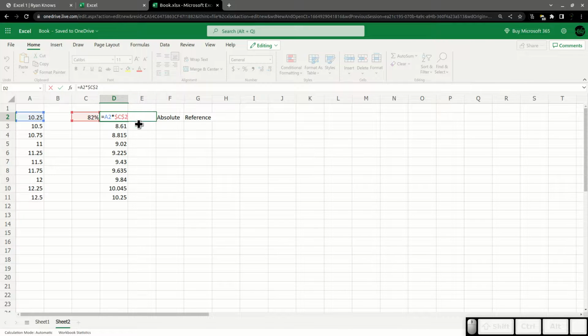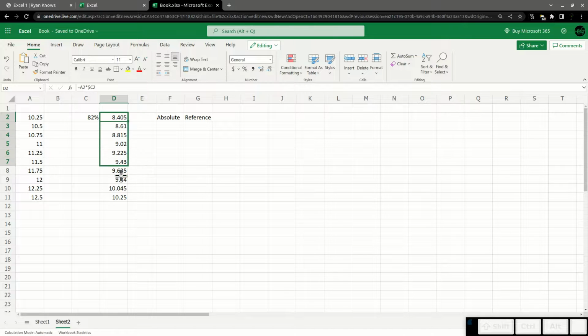So one thing I didn't spell out with this is we've actually locked this reference in 2 ways. That's why there are 2 dollar signs here. The dollar sign in front of the C tells Excel, don't change the column reference for this. And the dollar sign in front of the 2 tells it, don't change the row reference. But we can actually lock those things independently of each other. So watch what happens. If I delete the 2 there, this number doesn't change because it's still calculating the right thing. But now, if I drag this down, I get those pesky zeros again.